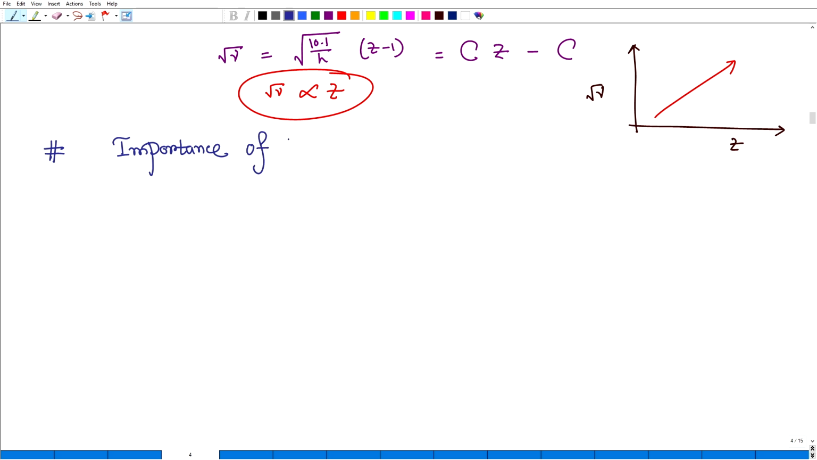importance of Moseley's work. Why is this so important, right? So first point, what is the first point? First point is, according to Moseley's law, the characteristic X-ray spectrum is actually regarded as the identifying character of an element. Okay, that means K alpha is actually